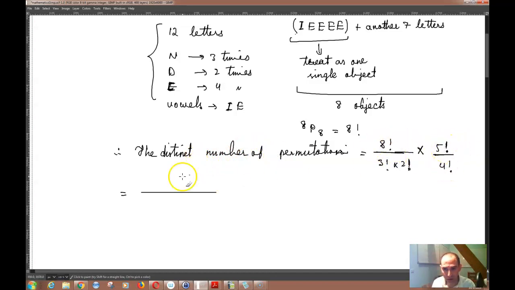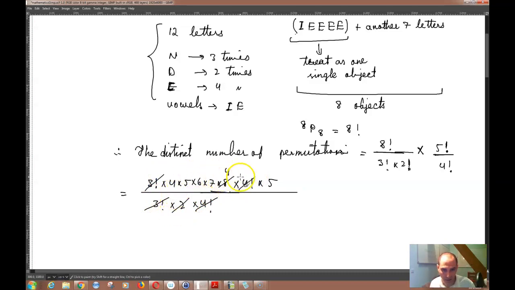Anyway, over here I can write this 8 factorial as 3 factorial times 4 times 5 times 6 times 7 times 8. And I can divide that by 3 factorial times 2. And then this 5 factorial, I can write it as 4 factorial times 5. And over here I have a 4 factorial. So I can simplify these, and I will get